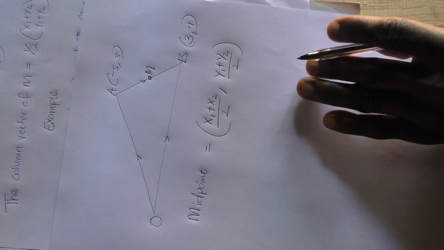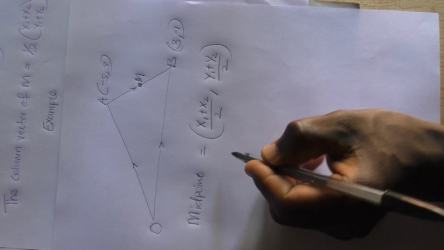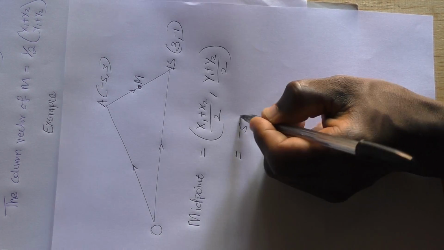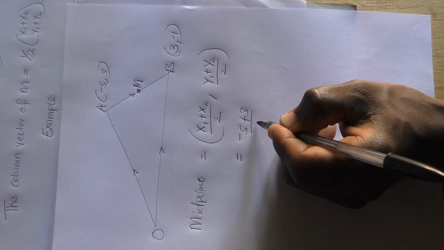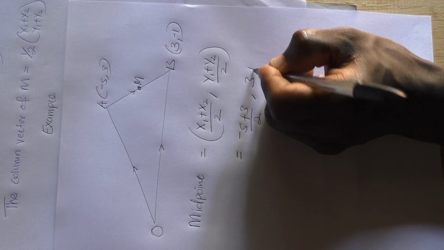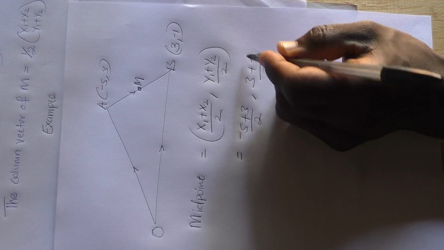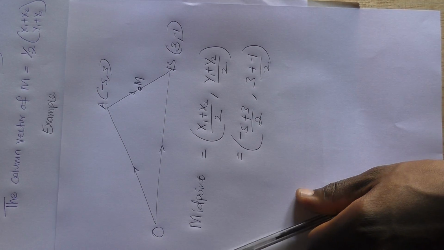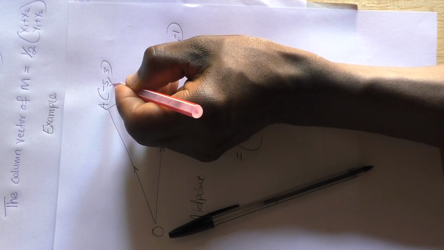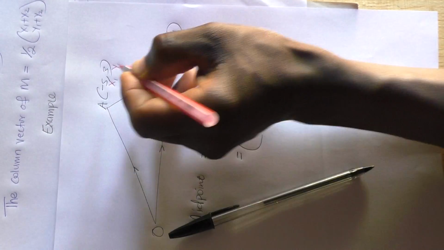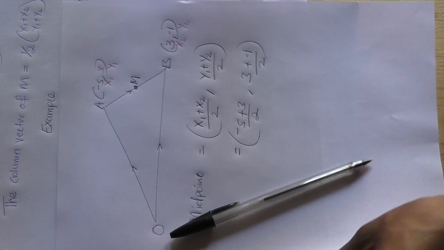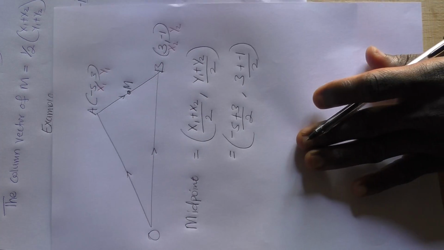So when we substitute, we shall end up with our midpoint as negative 5 plus 3 over 2 and 3 plus negative 1 over 2. Since this is considered to be our x1, this is y1, and this is x2, y2. So we substitute, we end up with